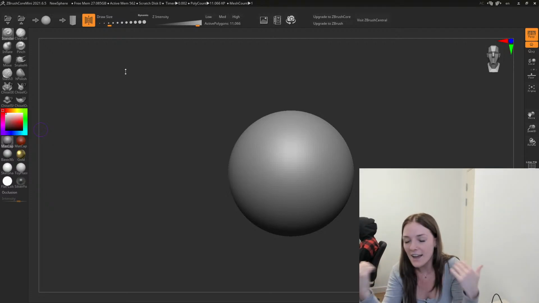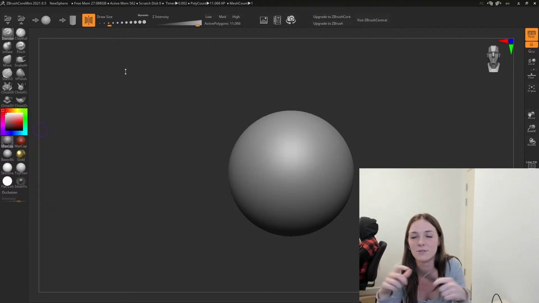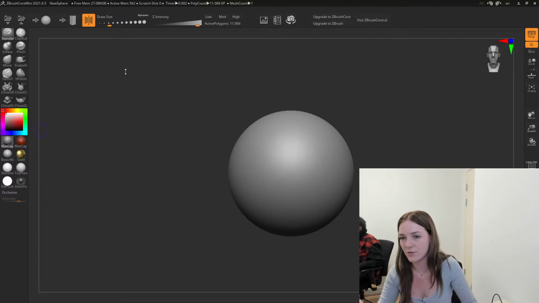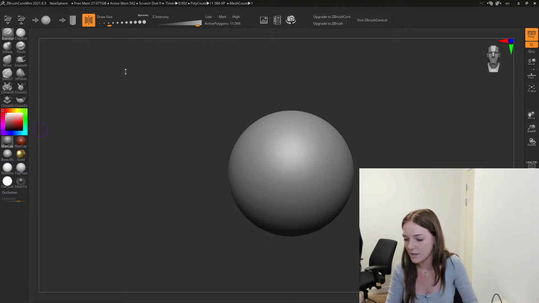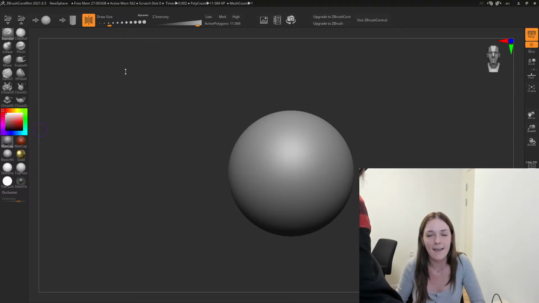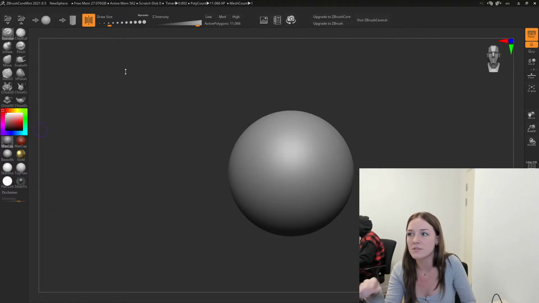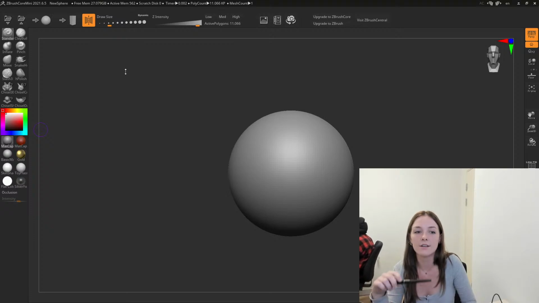But I could even use the mouse if it's easier for you guys. I'm gonna let you know all the controls along the way. No sweat. But yeah, I might use the tablet from time to time. It is easier that way. And if sculpting becomes your thing, definitely a drawing tablet,